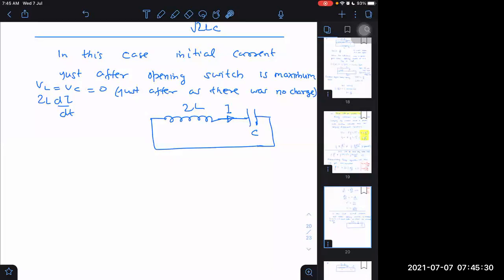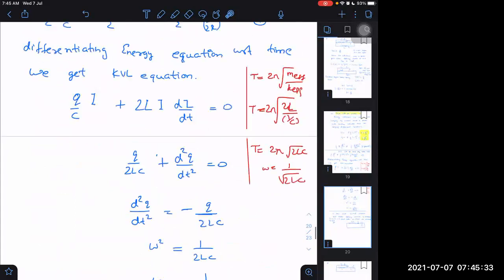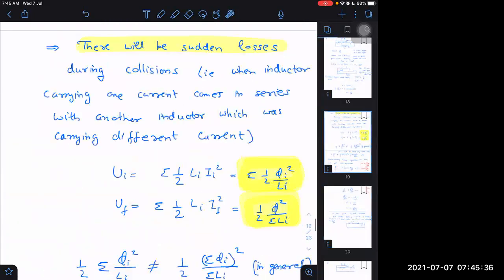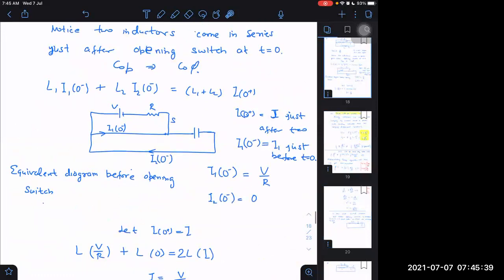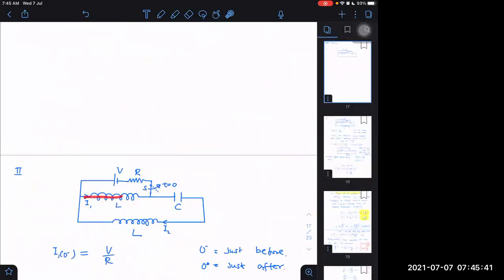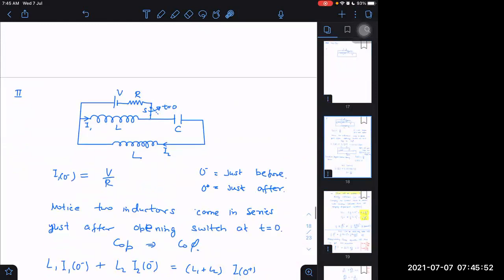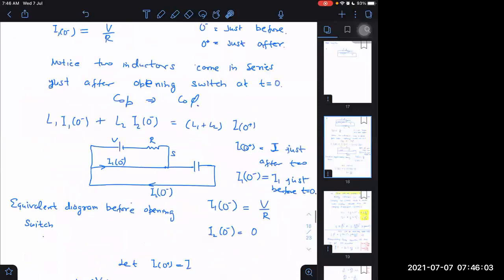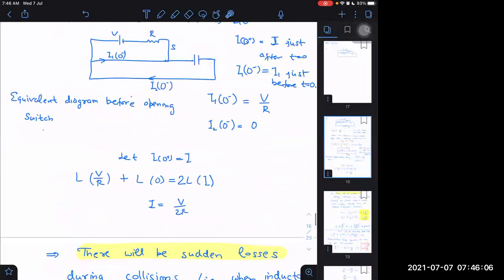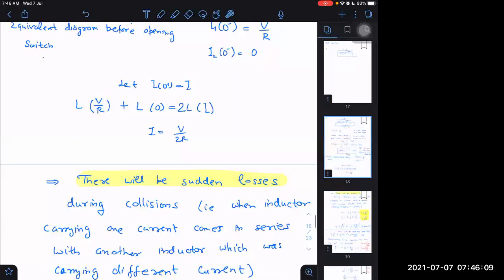Is it possible or not? Let us say just after, it may be like this, that it is I1, it is I2, but there is no external impulsive force. I think it will never get charged quickly. Why? There is no external impulsive force. If there is no external impulsive force, conservation of flux is valid. Then L1 I1 plus L2 I2 is equal to, it is valid only, and there will be losses. There is no problem in this question, I think.